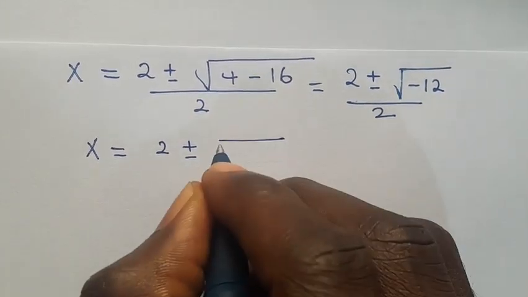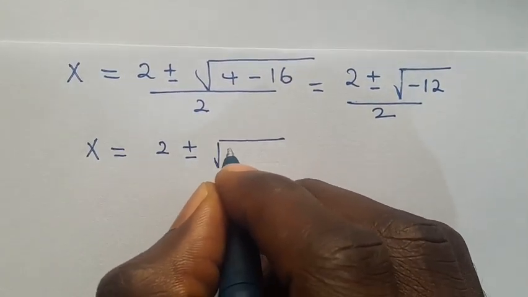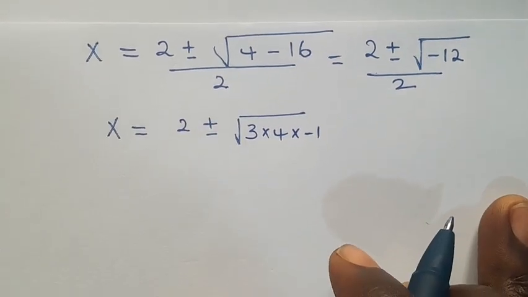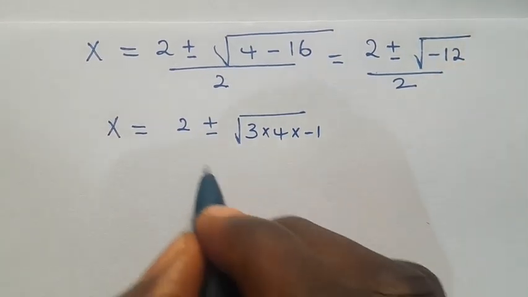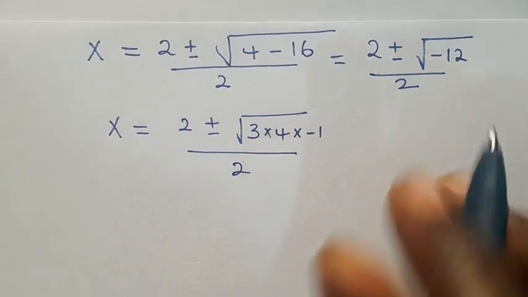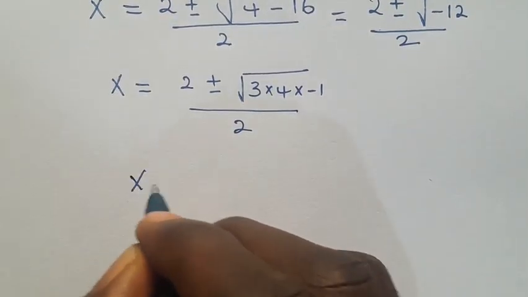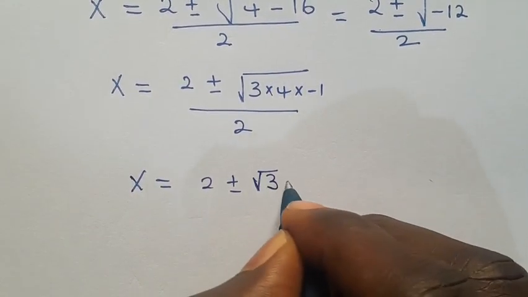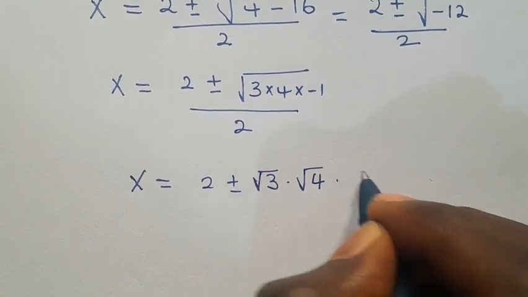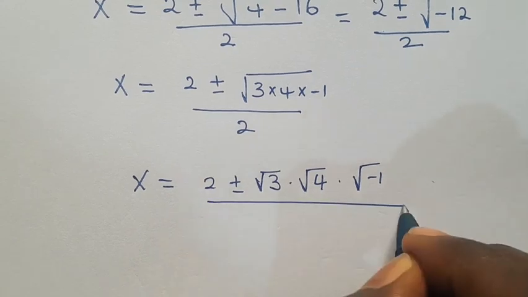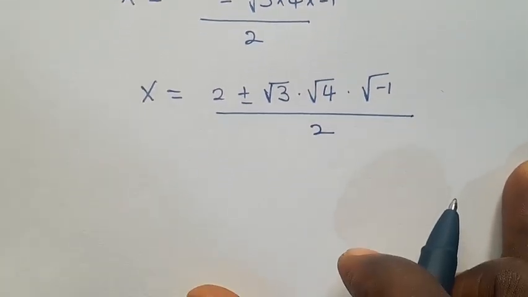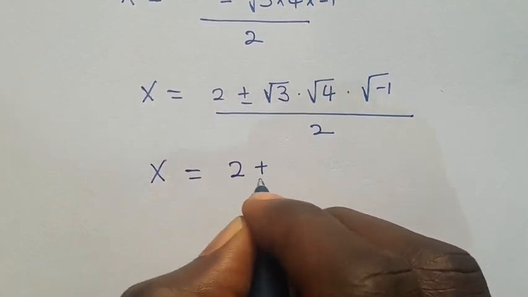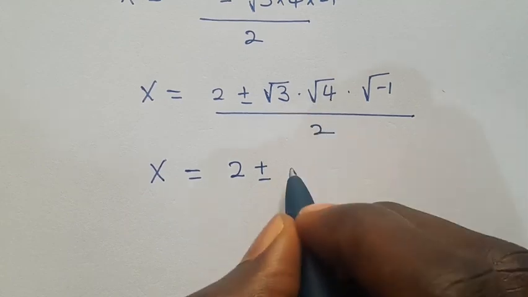So from here we have x equals positive or negative. We can have this as 3 times 4 times minus 1. It gives us this minus 12 divided by 2. So we can have x equals positive or negative root 3 multiplied by root 4 multiplied by root of minus 1, all divided by 2. So from here we have x equals positive or negative root 4, which will give us 2, multiplied